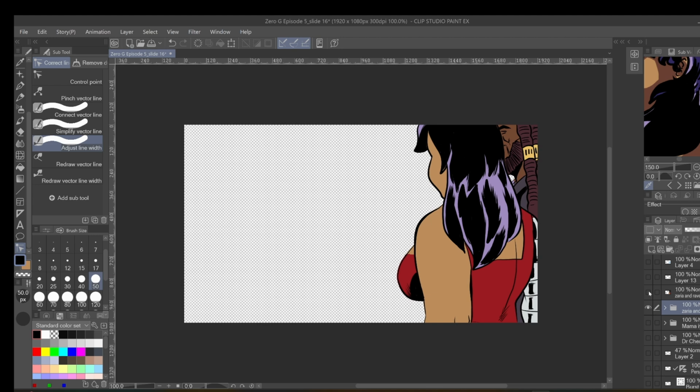And then what I did was the copied version of that layer folder, I then merged that copied folder into its own, just one singular layer. And then at that point, I added a motion blur to that particular layer. So now you have this sitting on top of them,